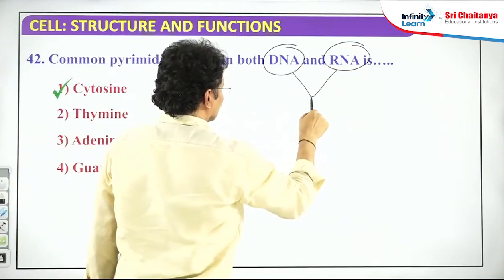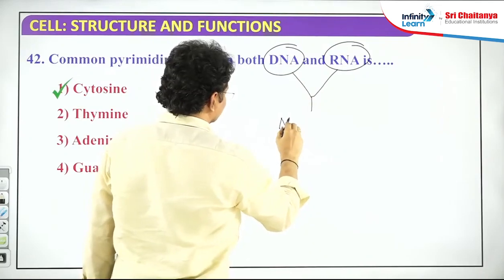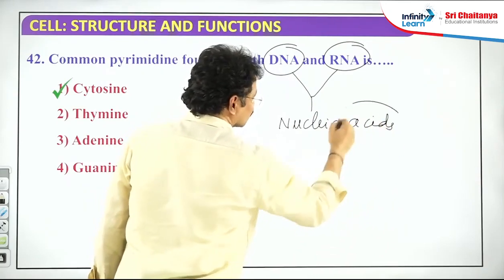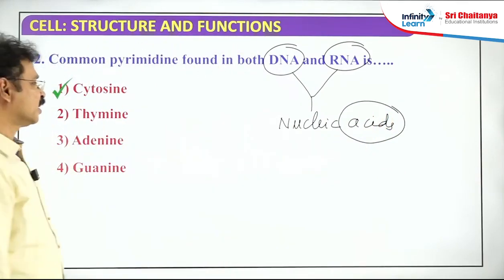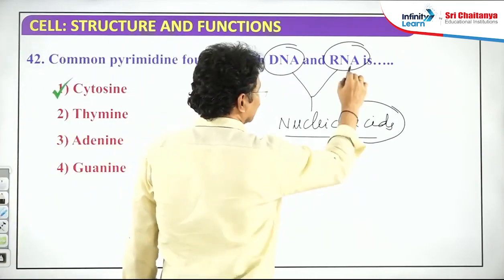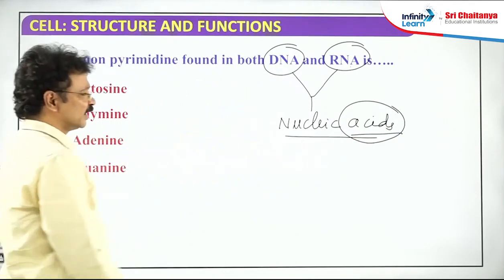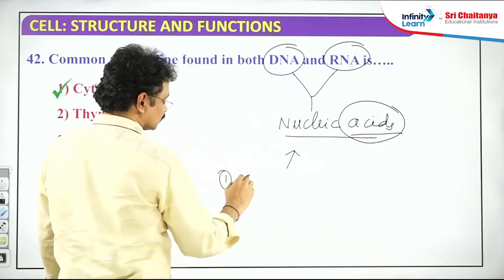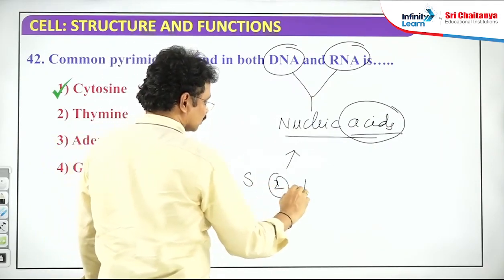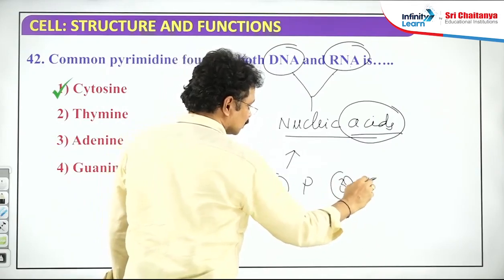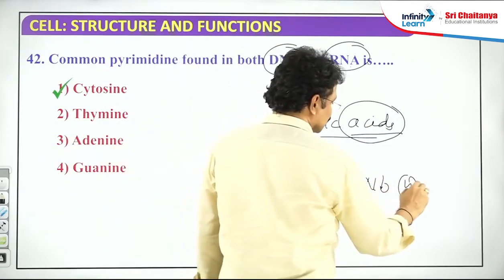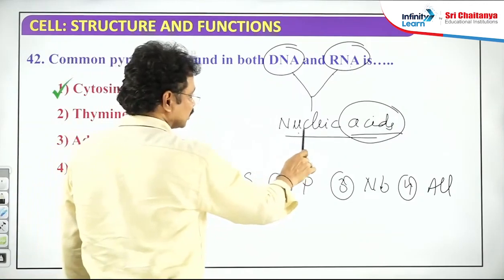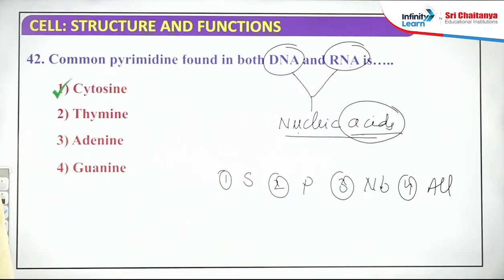Both DNA and RNA are examples of nucleic acids. Why are DNA and RNA called acids? Is there any logic to say DNA and RNA are nucleic acids? The acidic nature of DNA and RNA is contributed by: first option sugar, second option phosphate, third option nitrogen base, fourth option all. What is the right answer? What chemical constituent of the nucleic acids contributes the acidic nature? Sugar, phosphate, nitrogen base, or all?